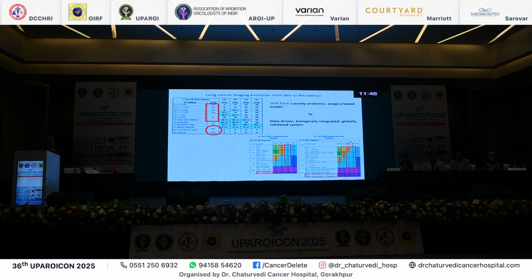What has happened over a period of time? Previously, most of the tumor, nodal, and metastatic staging were clubbed together. Now the tumor categories have been divided into 1 centimeter each. And similarly, the metastatic stage, whether it is local in the thorax, or single site metastasis, or multiple site metastasis, or the nodal staging, whether it is a single place or multiple places. So with the evolution in staging, now we know much more about lung cancer than we did maybe 3 decades back.